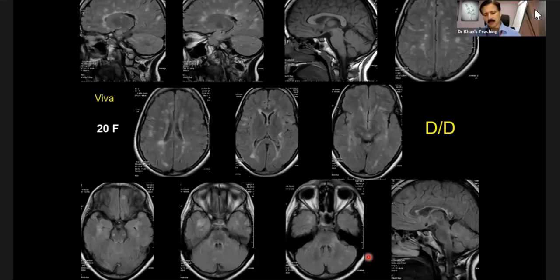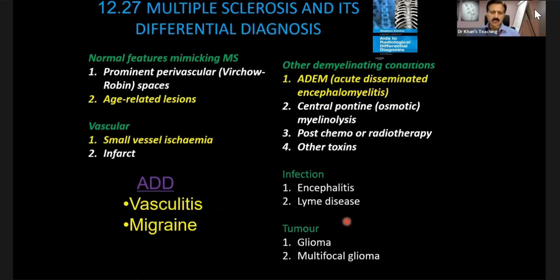Okay, fine. Right. Now, we will come back to this. This is a differential diagnosis which is from previous edition of Chapman. So I'll build on this and we will go to the present edition then. So according to this differential diagnosis, the differential diagnosis of MS includes,